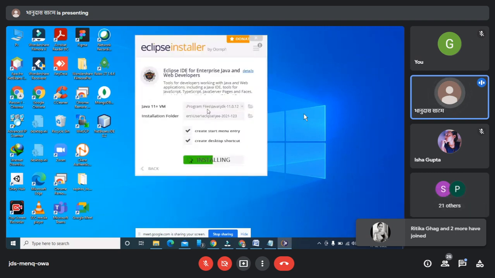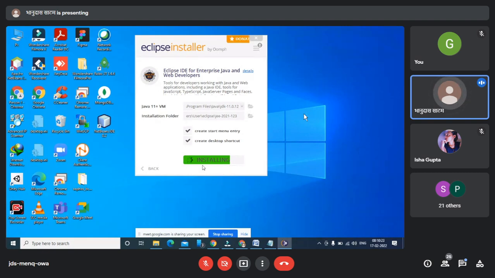So it's looking for program files, Java, JDK 11.0, and it got that particular link. And this is my installation folder: user Eclipse JEE 2021. Okay.